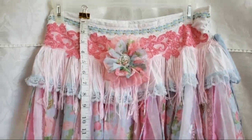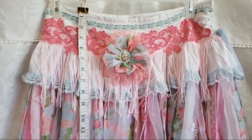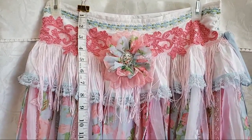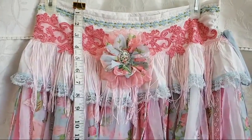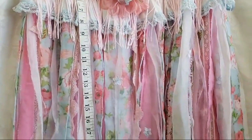I'm here just to give you an idea of what I've been working on. I have this already in my Etsy shop, and I've been trying my hand at making some rag tattered designs. I began by